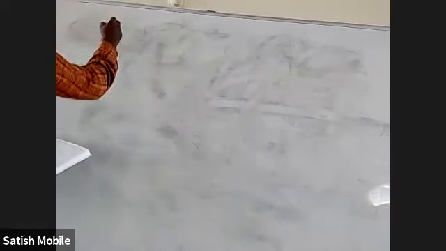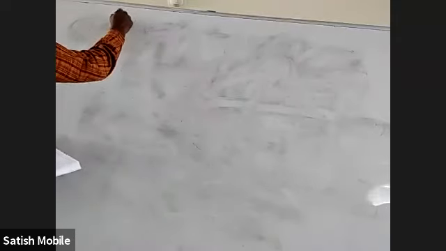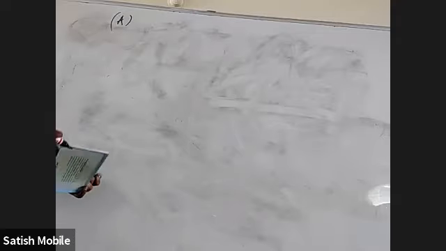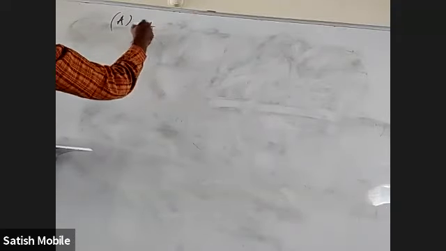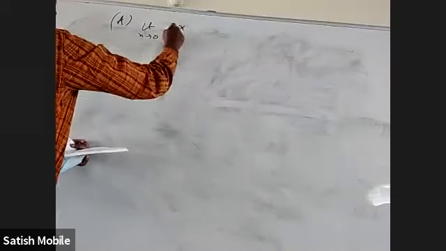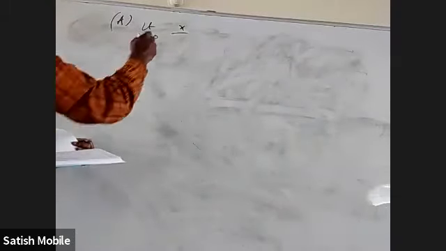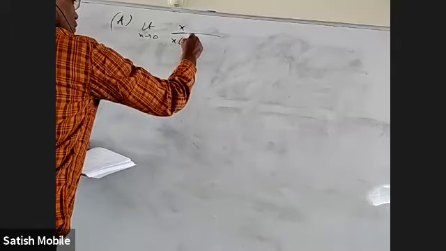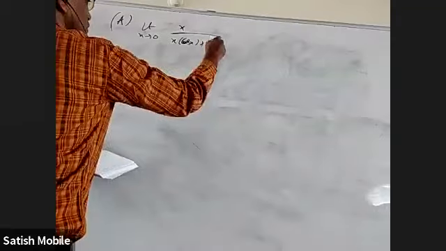Okay. Option A is fairly simple. First of all, understand 0 by 0 form. If you use L'Hospital rule, you'll get limit x extends to 0. The derivative of the numerator is simply x. And derivative of denominator is product rule. x into derivative of sin x is cos x, plus sin x into 1.